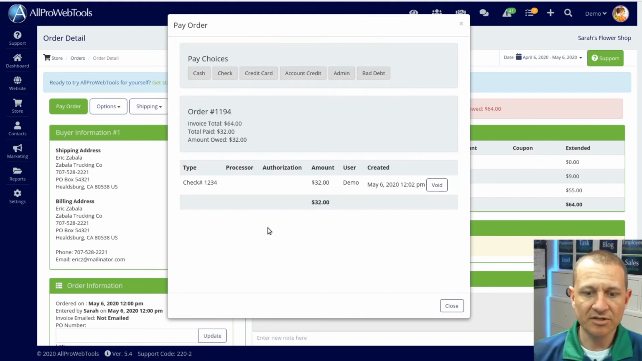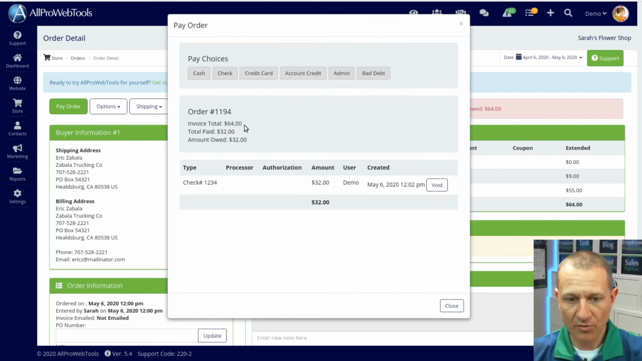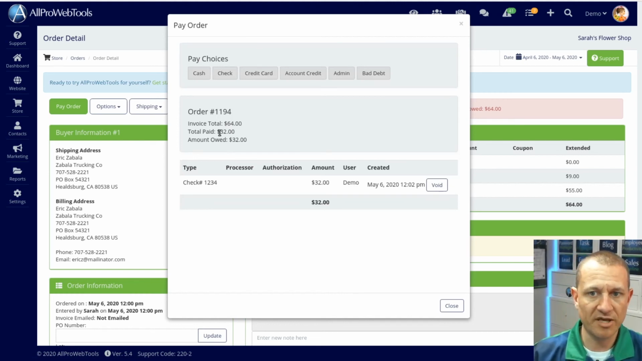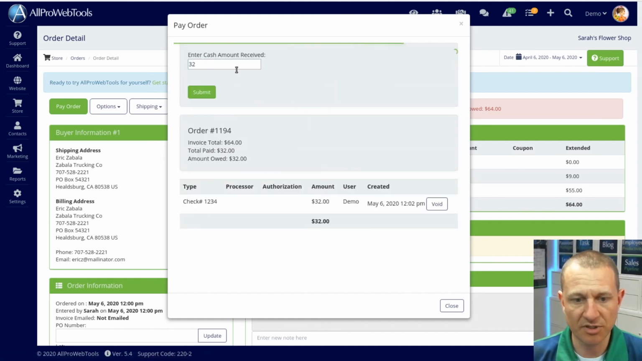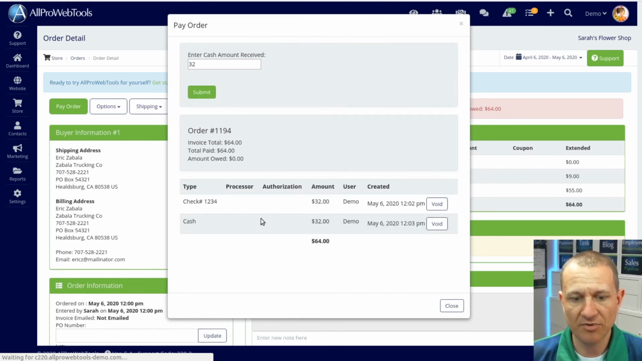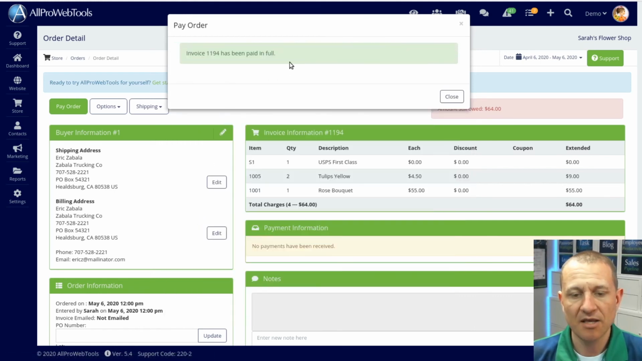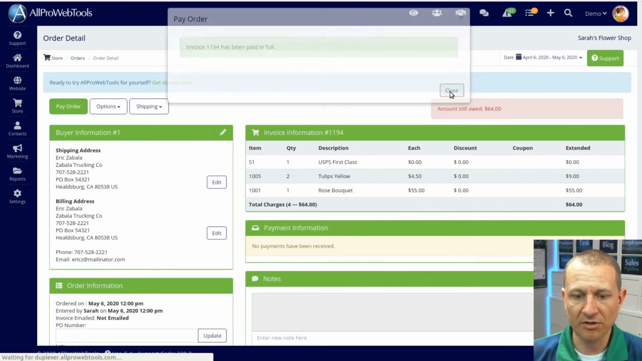And now what it's telling you is that the order was for $64 and $32 has been paid, so how are we going to make up the difference? So if we wanted to pay additionally with cash for the remainder of the $32, we can do that here and click Submit. We got $32 in cash and we got $32 as a check. Now that the order's been paid in full, we can close this